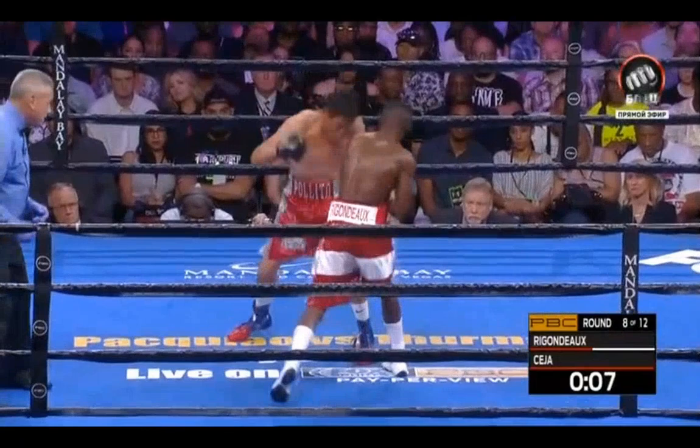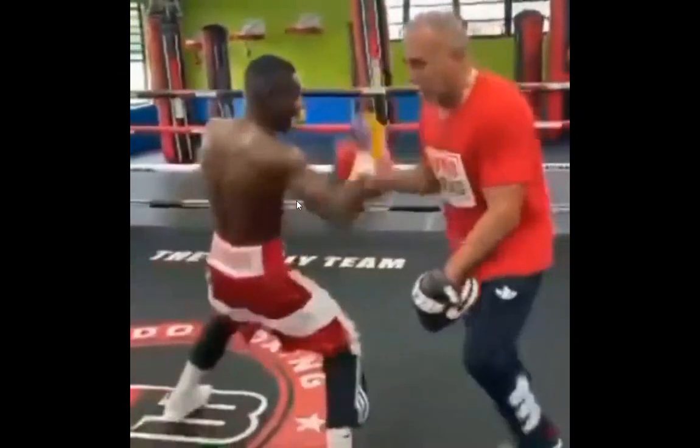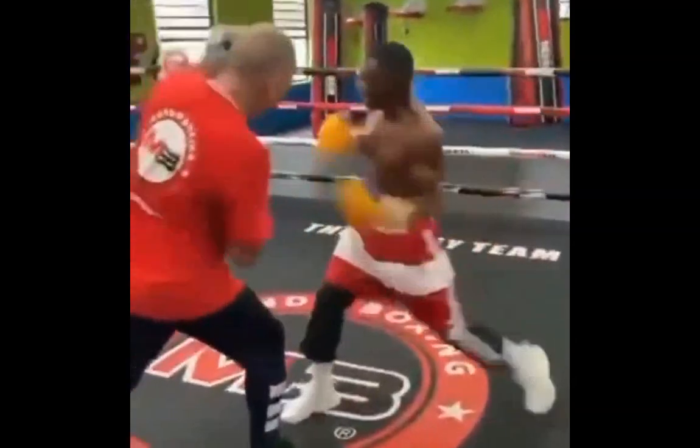Now, it's very important to understand that Ceja gets up from this punch, and he is fine. Okay? He's fine. The referee stops the fight for whatever corrupt PBC reasons, and Guillermo Rigondeaux goes on to win the fight in a fight that a lot of the fight he was actually just getting beat up, okay? Because he would get stuck on the front foot,